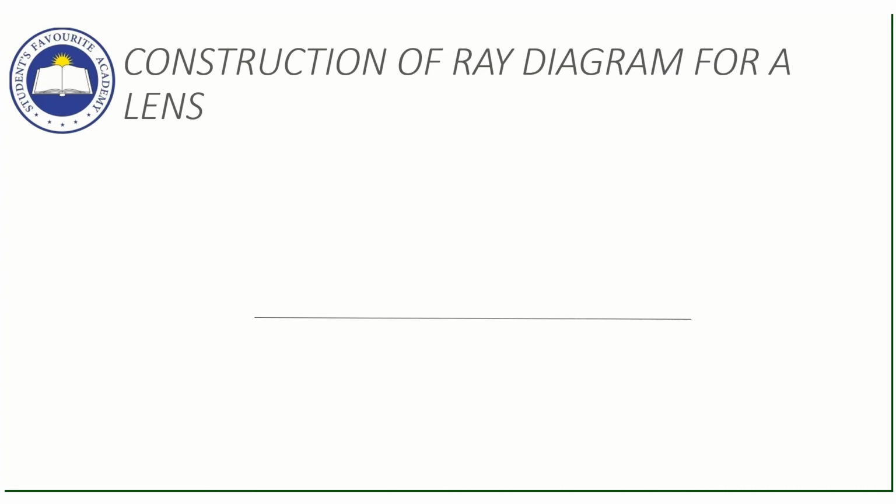Now, ray diagrams, very important. That is what is asked maximum from this chapter, ray diagrams. For constructing ray diagrams, you have to be very careful and accurate. Then only your ray diagram will be correct. And you can definitely expect a weightage of 6 to 9 marks for ray diagrams. In the ray diagrams, if you forget to draw the arrows, you will lose marks. For every arrow, you will lose 1 mark.